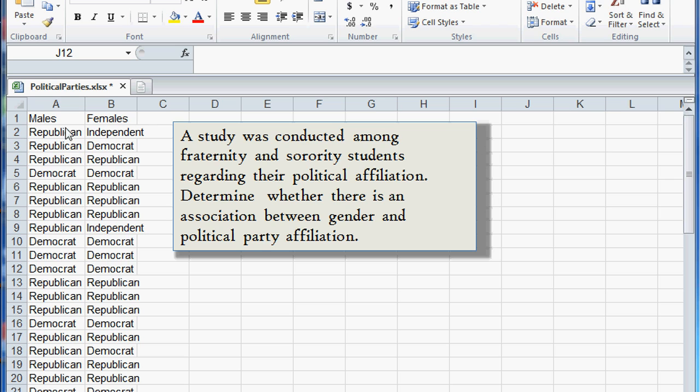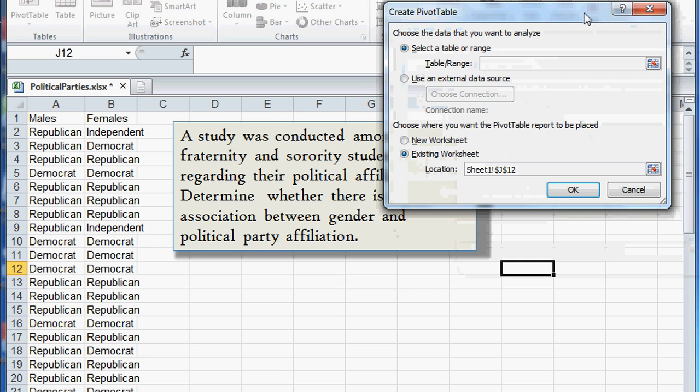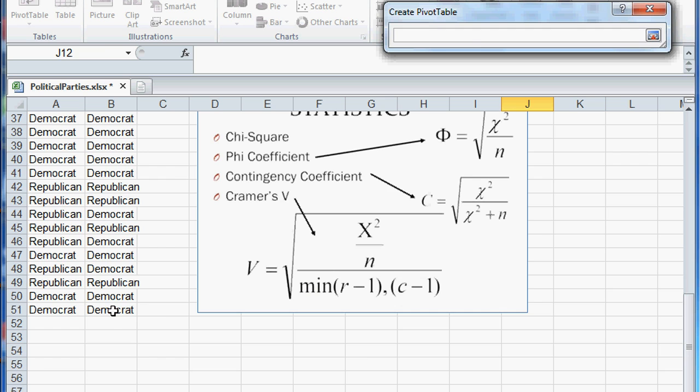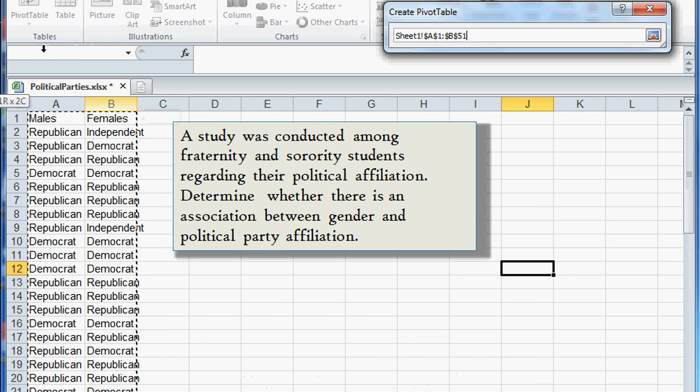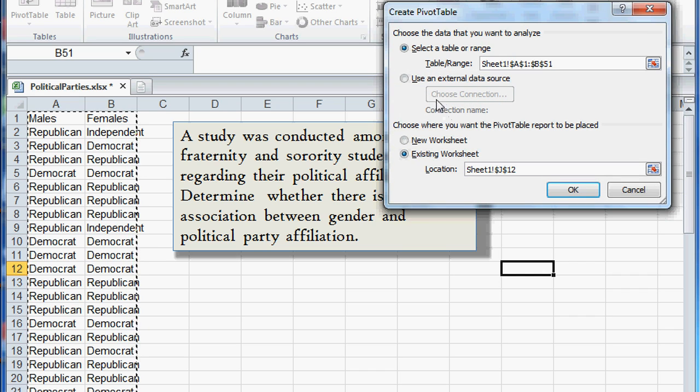We have responses from males and females listed in columns A and B, and we need to convert this into table data. So I'm going to use a pivot table to allow me to do that. And I will select all of the data in the range by going to the bottom of those two columns and capturing that address, and also will output